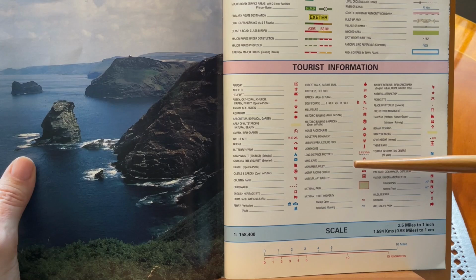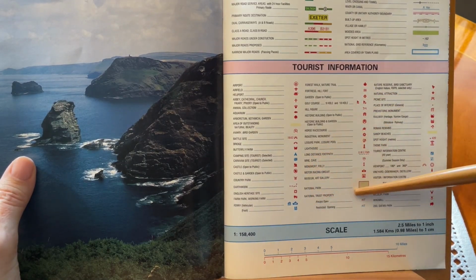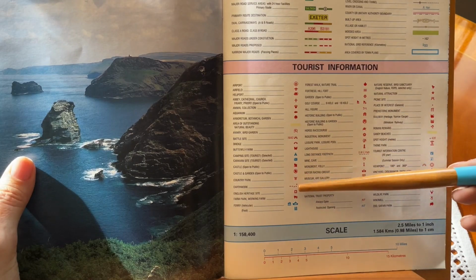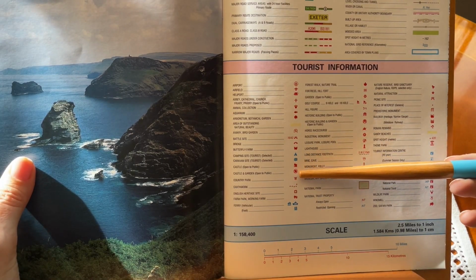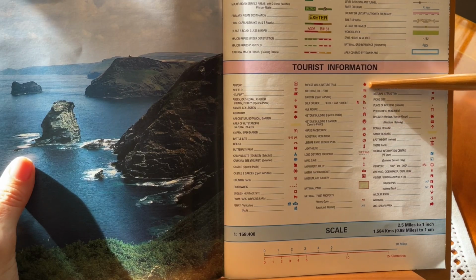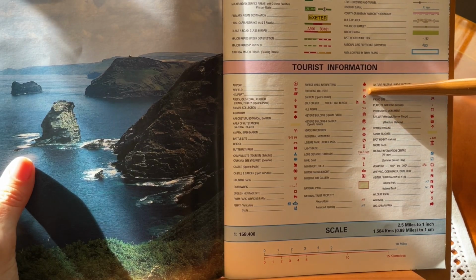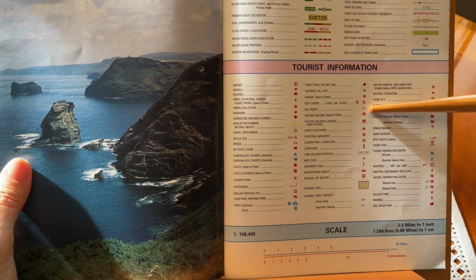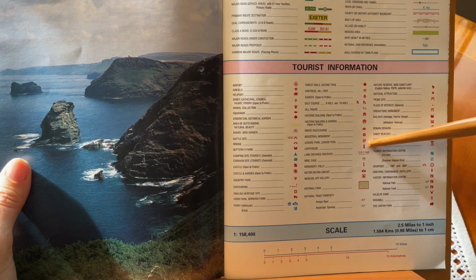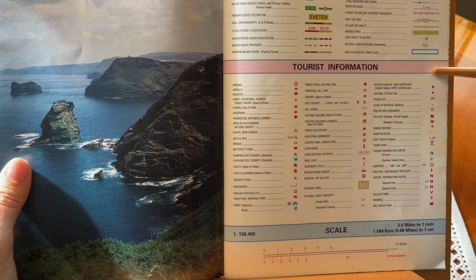You might remember here in the study we've also been to Uffington Castle, which was an Iron Age hill fort. So when you see these castle symbols, something worth exploring. It could be from any time. Forest walks, fortress or hill fort, garden, and here a hill figure. Remember we saw the white horse carved into the side of the hill at Uffington. Historic buildings with gardens. Then we have the more modern tourist attractions,